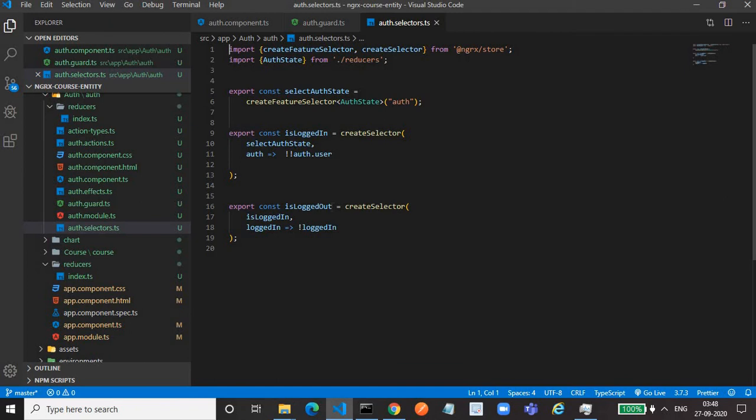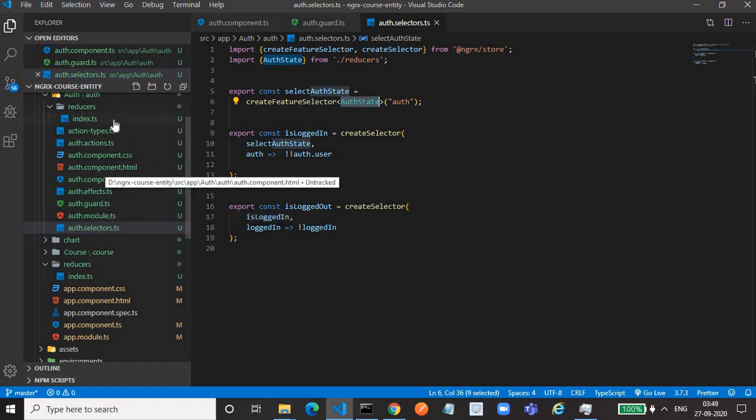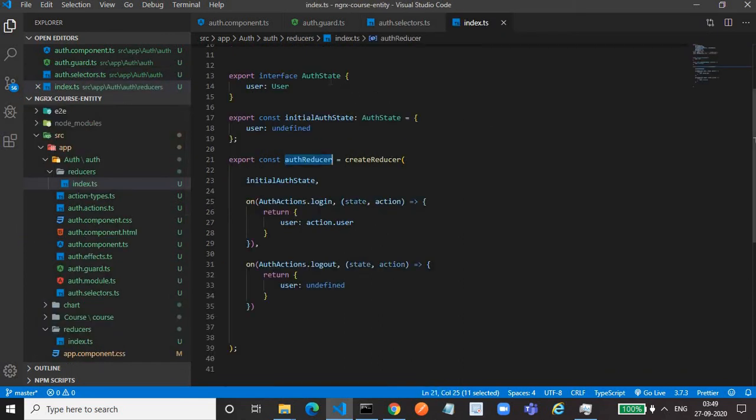For selectors, first of all we have to create a feature selector, createFeatureSelector. Then we provide the slice of the state which we want to extract. We want to extract the data for the auth slice, and this auth slice belongs to which state? The auth state, because we defined in the reducer file that for the auth reducer the state is auth state.